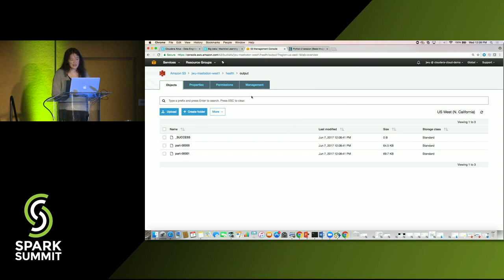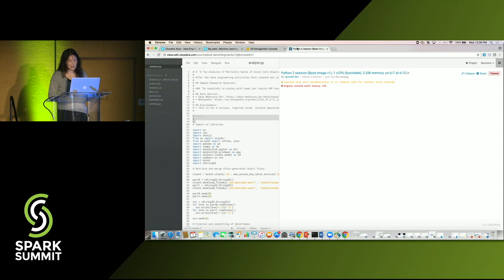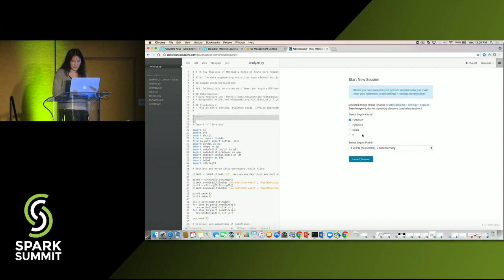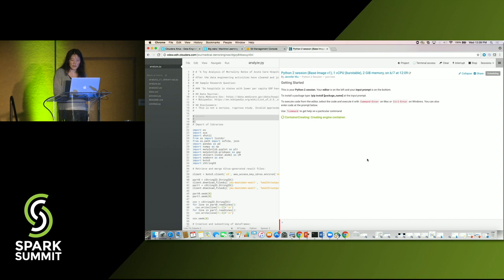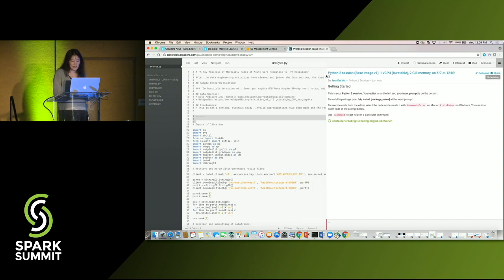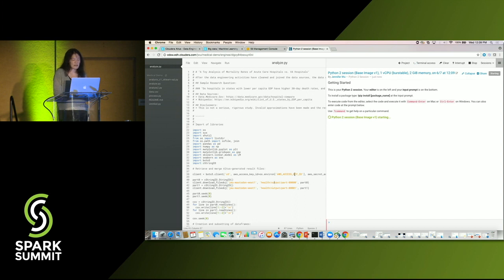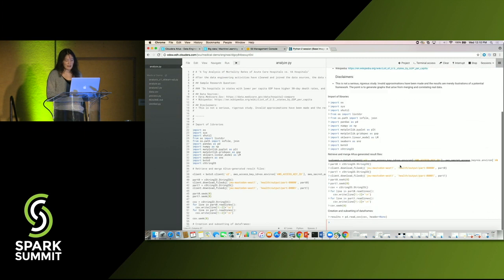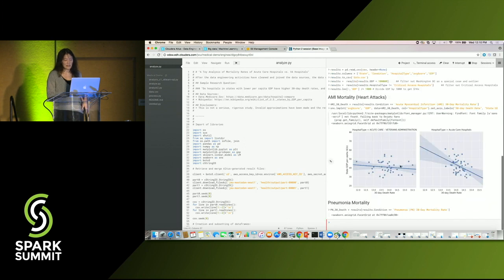If I want to do some visualization on this, one option is to use this Cloudera Data Science Workbench, which we also released. I can create a new session for this. I think my old one expired, so I can launch a session in Cloudera Data Science Workbench. People will typically have some kind of visualization tools, and here you can see I'm taking the data using the AWS Python SDK, the Boto3 SDK, and I'm just pulling this data and visualizing with Cloudera Data Science Workbench. So Cloudera Data Science Workbench is our interface for data scientists to do ad hoc queries and visualization of data into basically CDH clusters. But in this case, we're just rendering